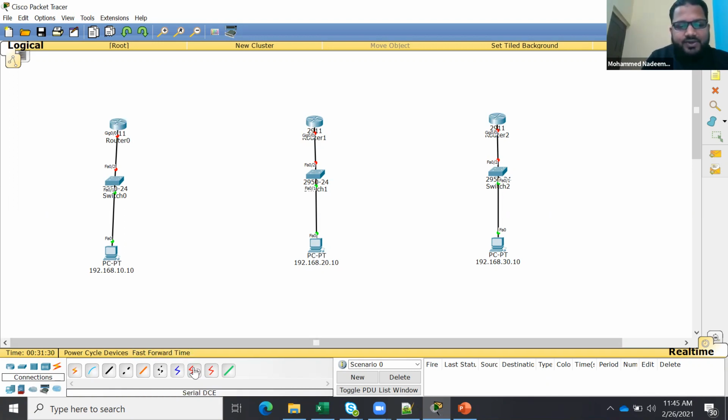Previously we used this DSC and this type of cables. Generally, when you want to connect to the ISP, let's say this is Hyderabad and this is Bangalore. You will talk to the ISP and tell them, I want to connect from my Hyderabad branch to my Bangalore branch.